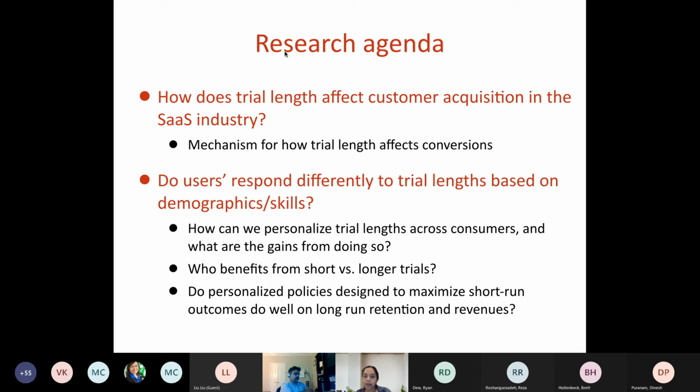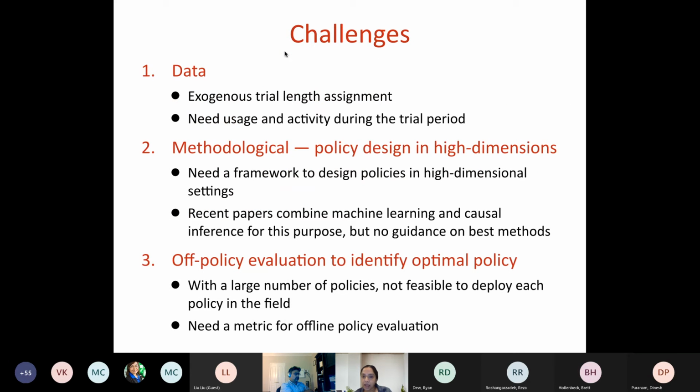So, and if so, how would you fix those things? So those are the broad research questions that we want to look at. And let me highlight the main challenges in terms of data as well as methods that we would need to overcome to address this. First, if you really want to think about how does trial length affect some outcomes of